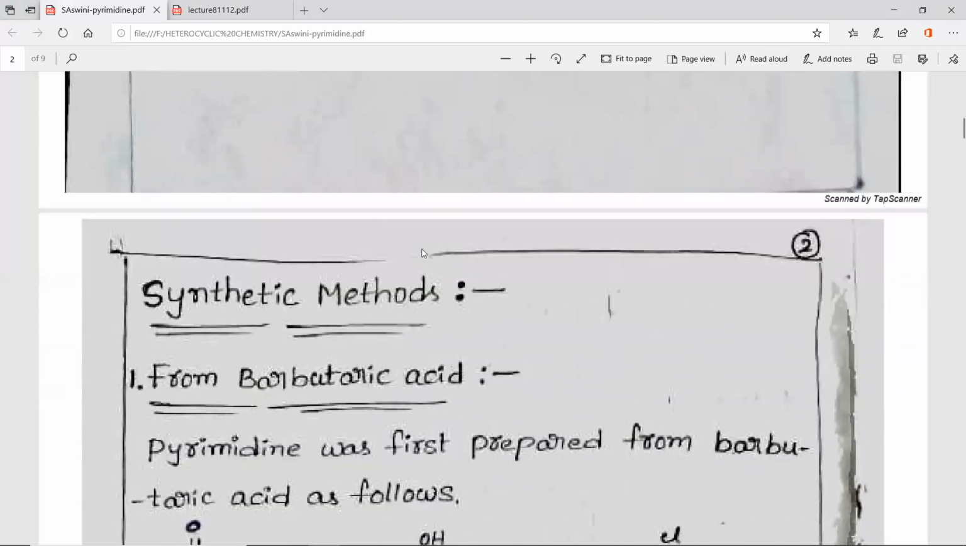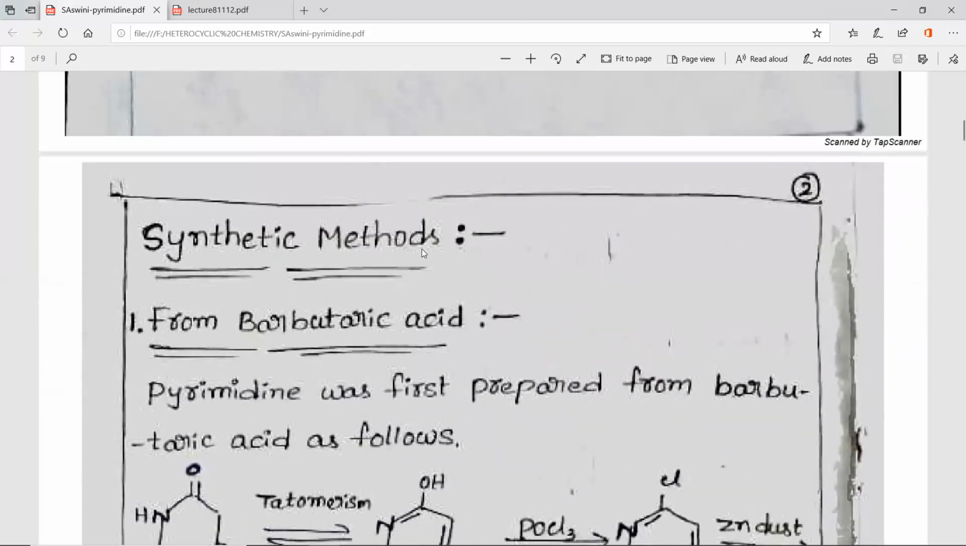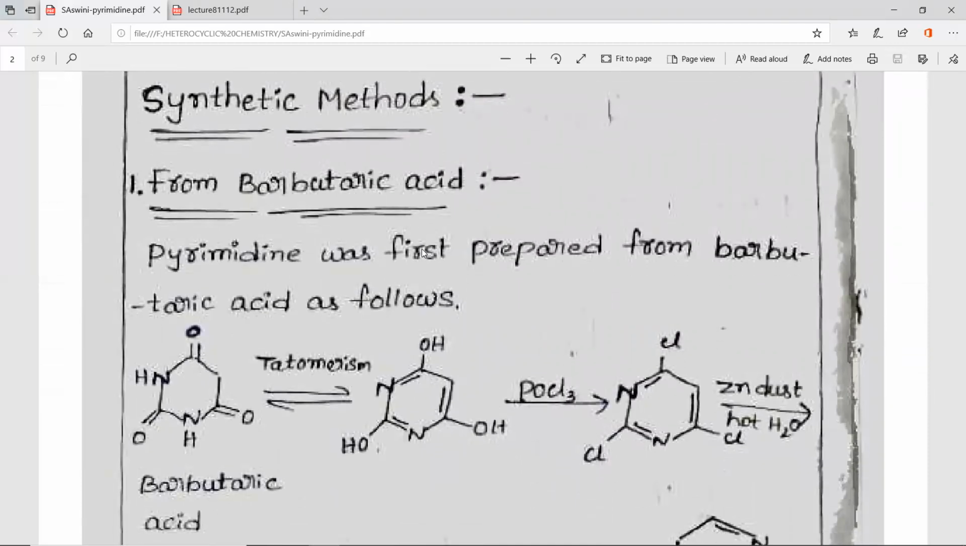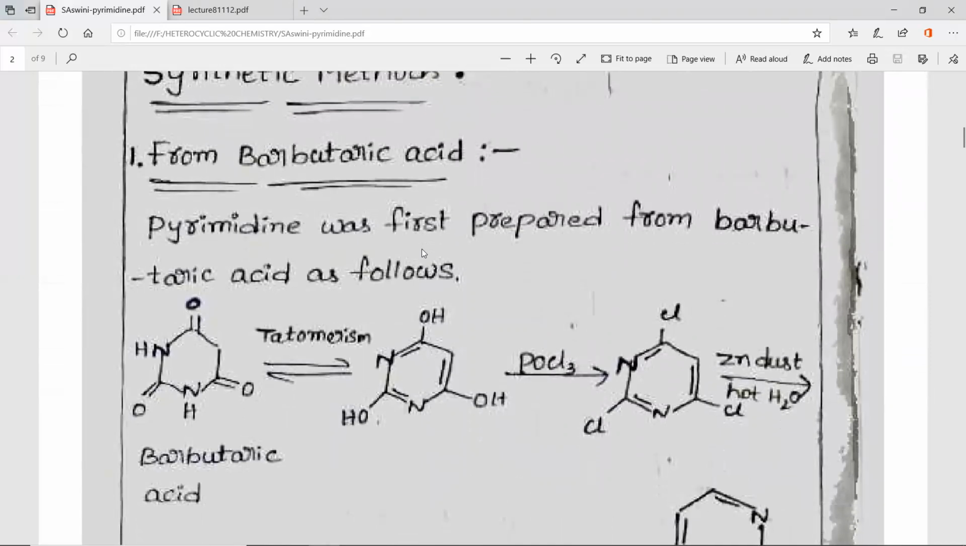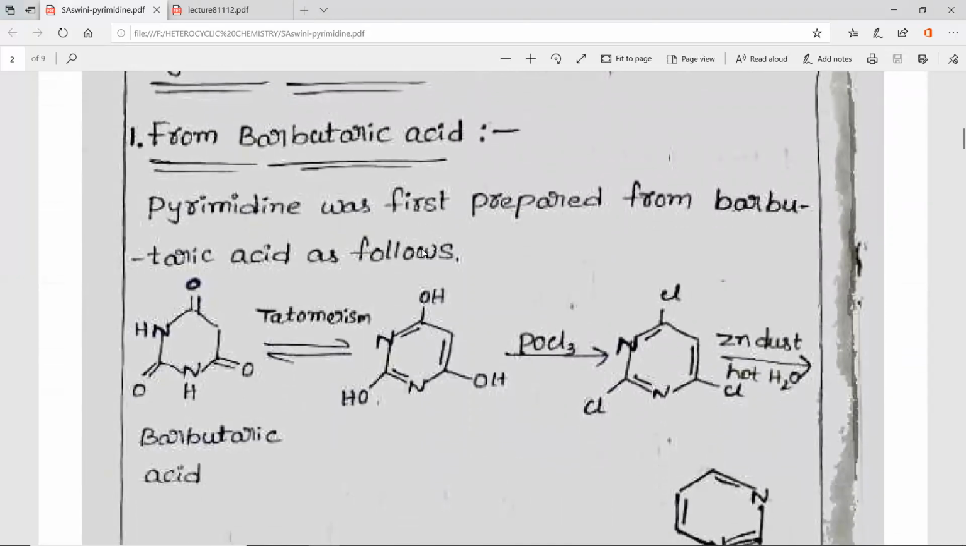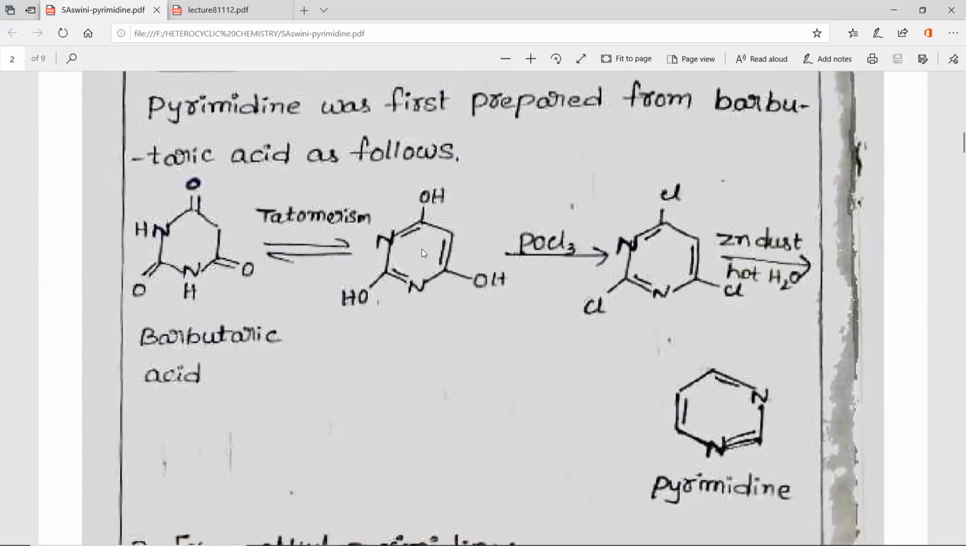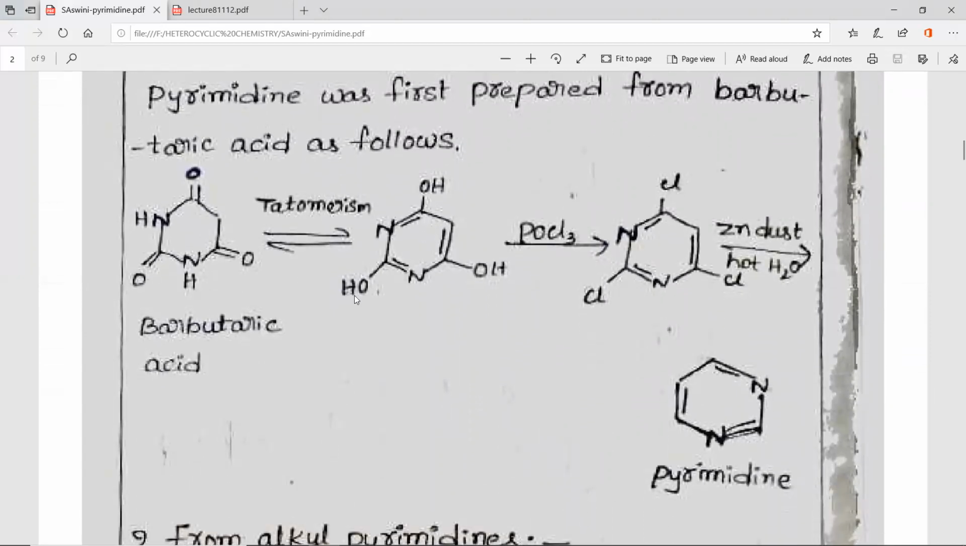So coming to the methods of synthesis. The first method is from barbituric acid. Pyrimidine was first prepared from barbituric acid. Barbituric acid is in the keto form, and it is converted to the enol form. The enol form is treated with phosphorus oxychloride, where the OH groups are displaced by chlorine atoms, and this